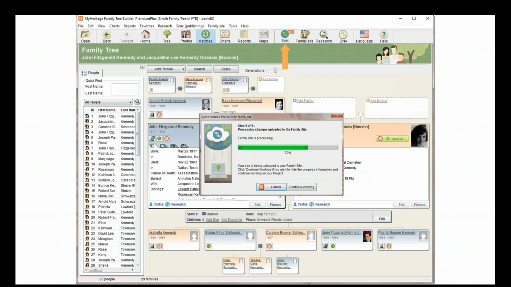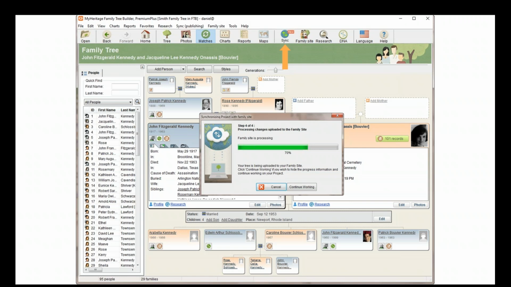Also, the whole idea of being able to publish your tree on the website is to share it with other people, because you don't want to give people access to your computer. So you publish it on the internet, you put it on the cloud, you invite family members, and they can either view, or you can decide if they can also add or modify the information there. And every time that you open or close the software, or you click the sync button, you will be syncing